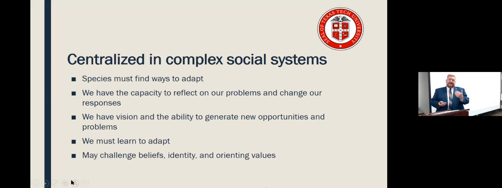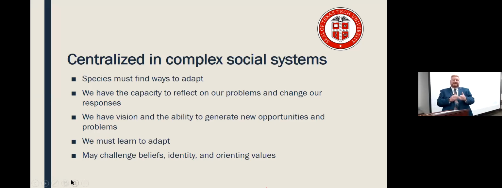We all have vision. Again, part of your participation in this program is because of the vision that you have to make a difference or to make a change in the world. And so it takes that vision, seeing ahead into the future of what could be for new opportunities and to solve some of these problems. We must learn to adapt. That's the other thing. I think that there's always a place for traditional ways of doing things, but we have to learn to adapt in one way or another.